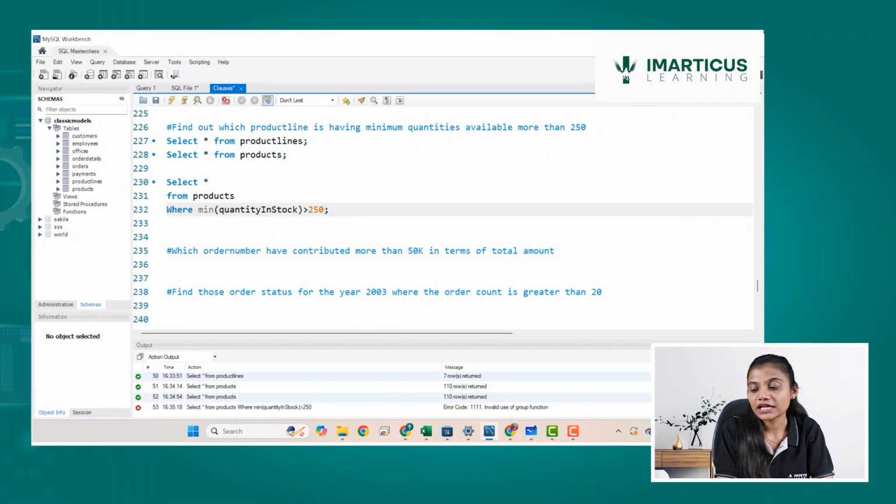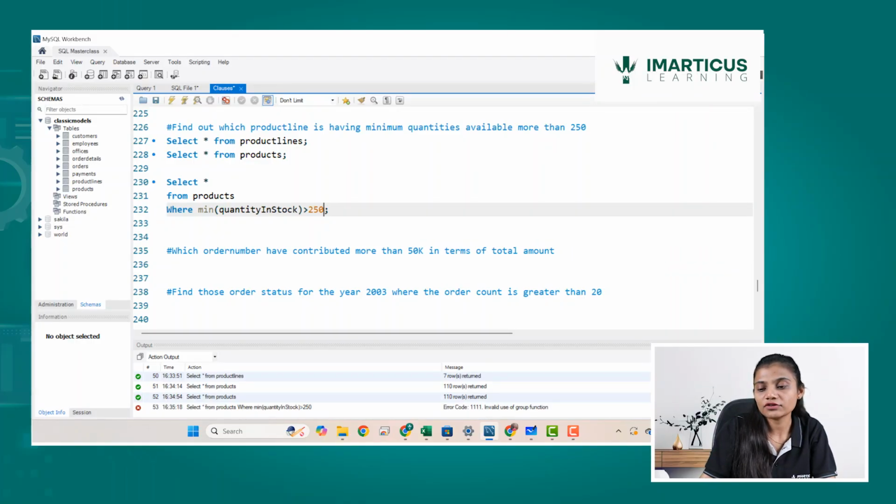If you can see, invalid use of group function. Now what is the meaning of invalid use of group function? It means an aggregate function is used in a wrong manner. If you remember, a where clause will never search data on the basis of an aggregate function. So minimum quantity in stock is not going to be a filtering condition over here.